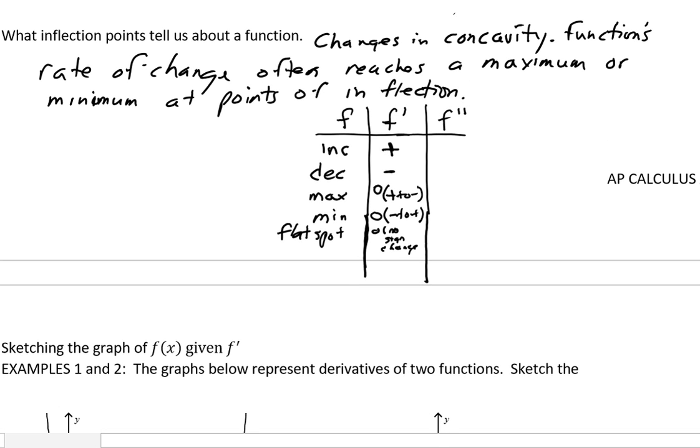If our graph is concave up, then the second derivative is positive. If it is concave down, then the second derivative would be negative there. If it has an inflection point,